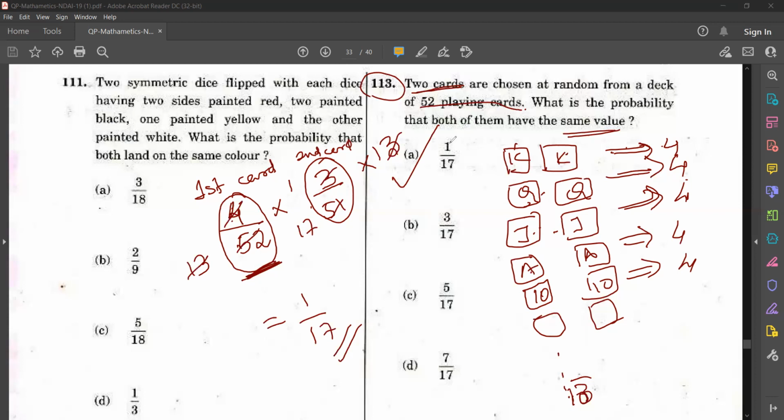Okay, so it's a question that you have to think a little bit, but actually it is easy. You have to first take the first card, write the probability, then multiply that with the second card's probability. But don't forget to take this 13, because we have totally 13 types of cards and they are not mentioning what type of card it is. If they were saying both are kings, then you can stop here. But they are not saying that, they're saying the same value only. It's not saying which type of card.